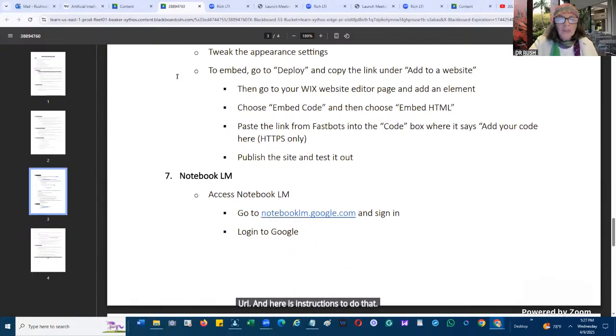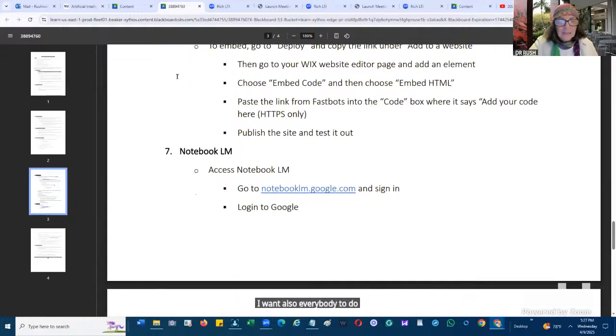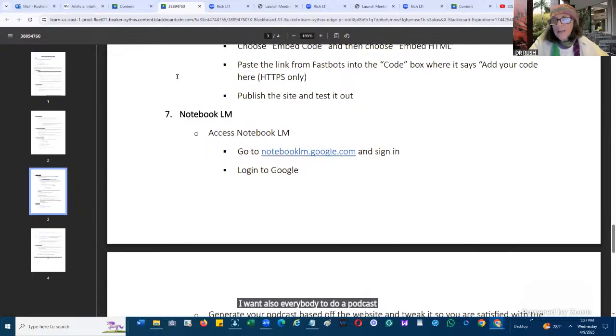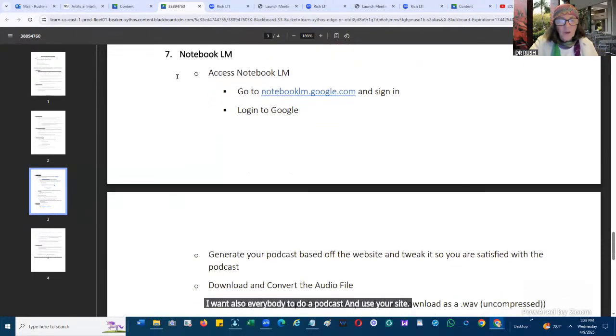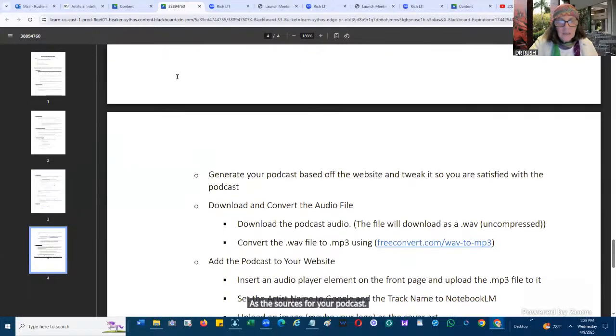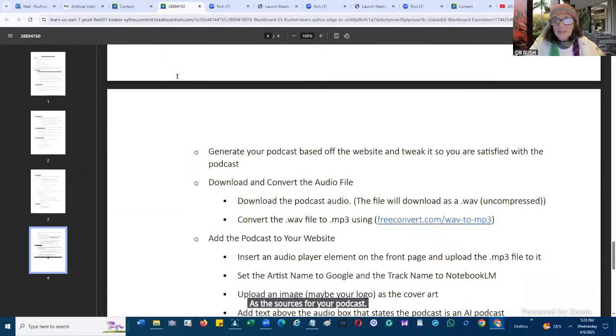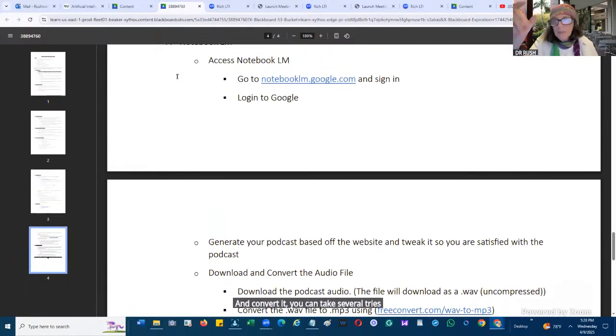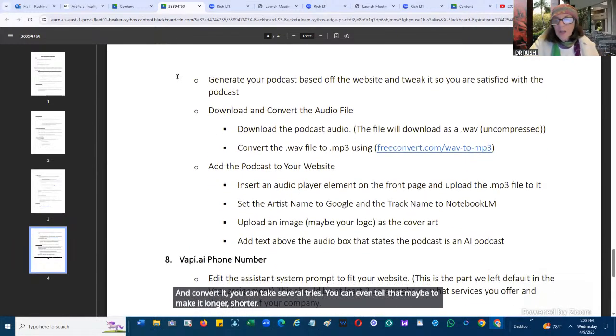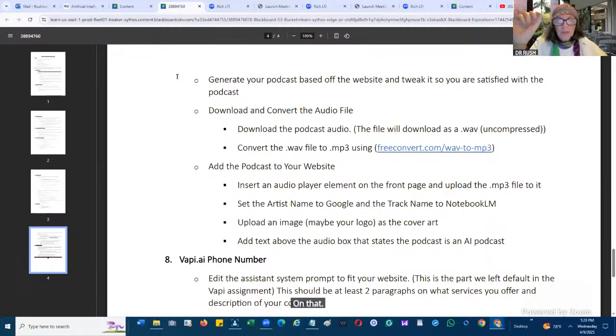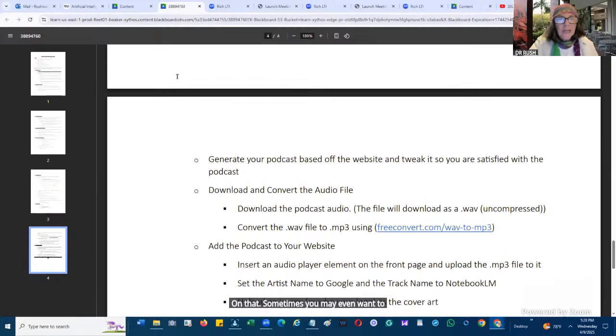I also want everybody to do a podcast and use your site as the source for your podcast. Make sure that you listen to it and convert it. You can take several tries. You can even tell it to make it longer or shorter.